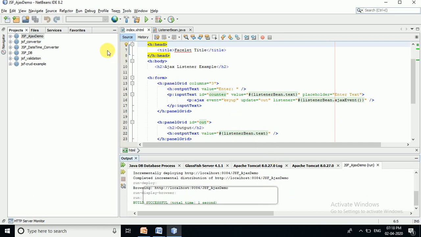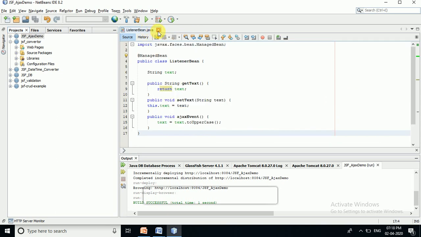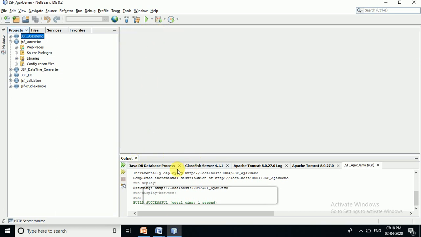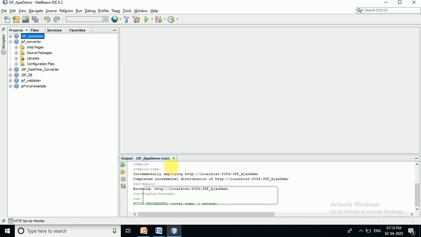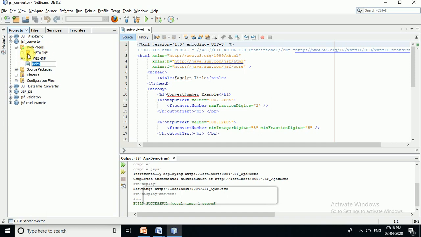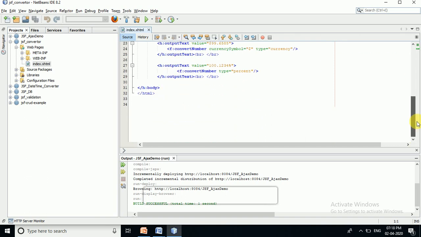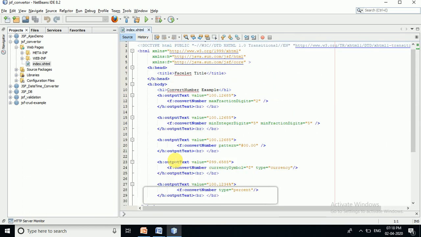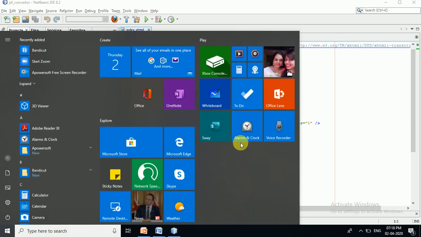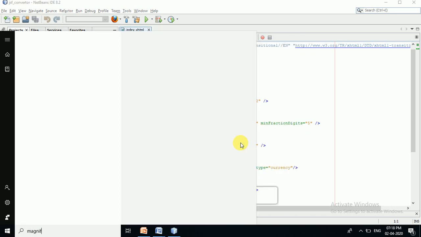Okay, so let us see the first example of JSF converter. Suppose I want to go with the number converter. This is simply converting a number into a specific format. So I'm not going to use any bean class or anything. Only in index.html I have written certain code in between the output text. Before that, let me use the magnifier again so that you will have a bigger font to